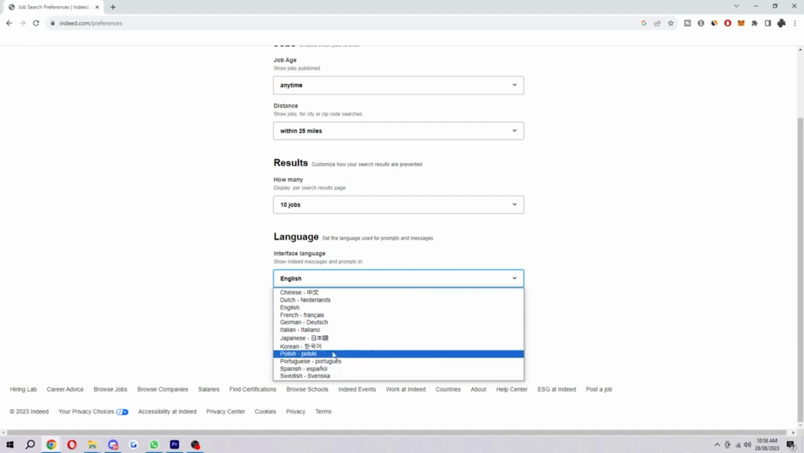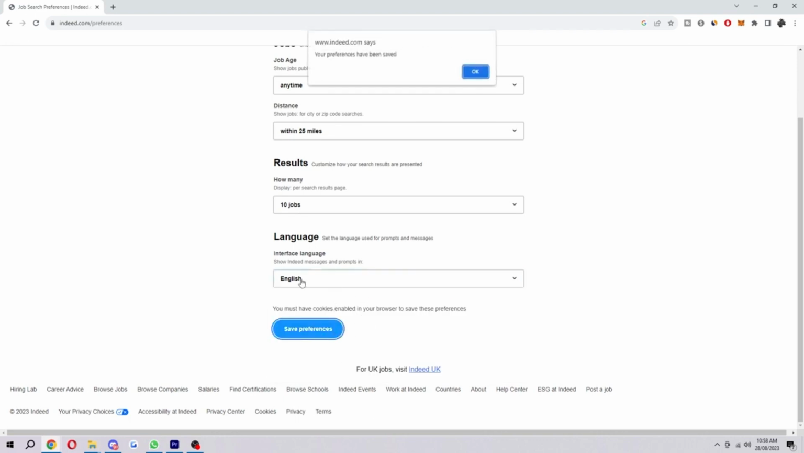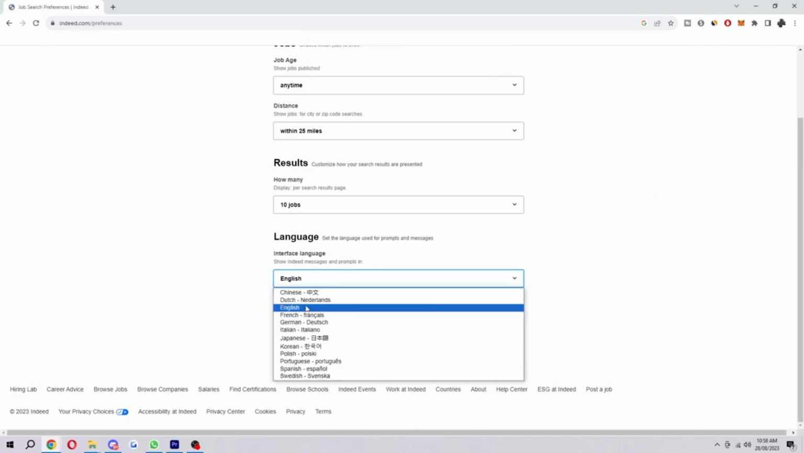It hasn't actually got tons of languages to choose from. It doesn't have every single one, however you will be able to choose any of these if you do speak any of these languages. So just click which one you want to change it to, and then you can click the Save Preferences button here and then click OK, and that is how you can change your language